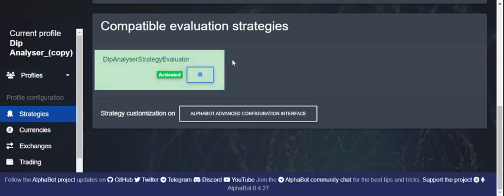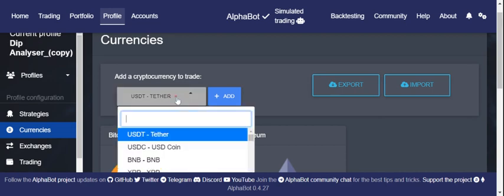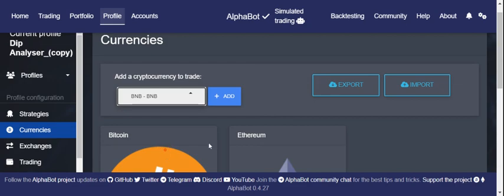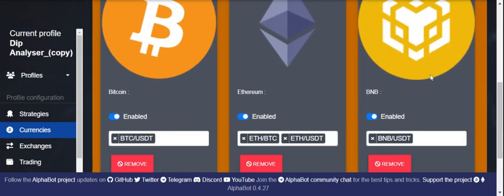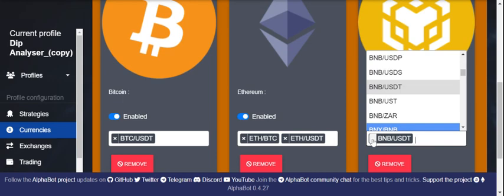Now we selected a strategy. Now in the second option you have currencies. Here you can add any reference currency which you want. Let's say you want BNB. Okay, and then click on the add button. Now BNB is added. Now down here you find the pair of BNB with USDT. If you want to change the pair or add any pair, you can add the pair. And if you want to remove the pair, let's say first we